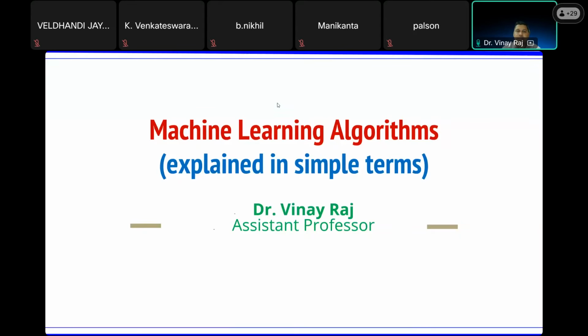Okay, so we will try to explore different ML terminology, and not in technical terms. I was saying, I'll be explaining in simple terms. This is just to understand